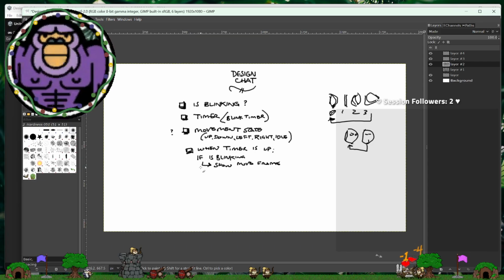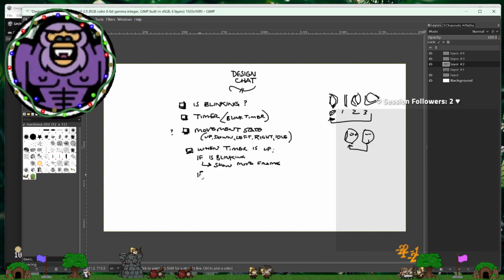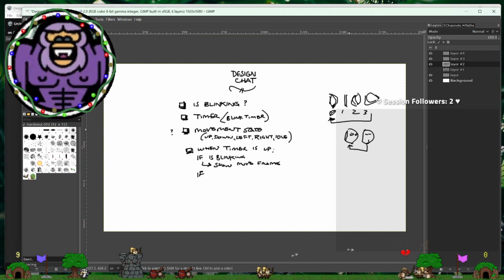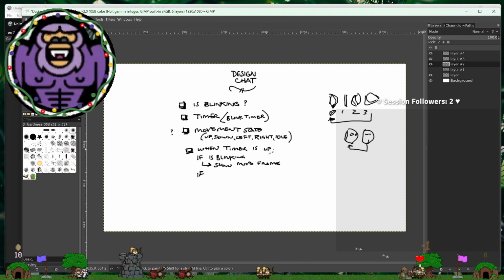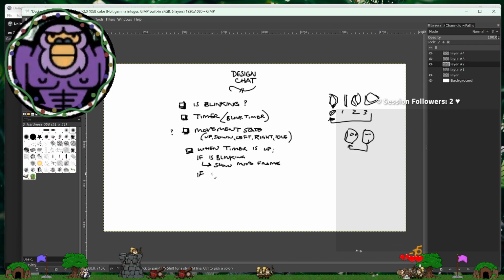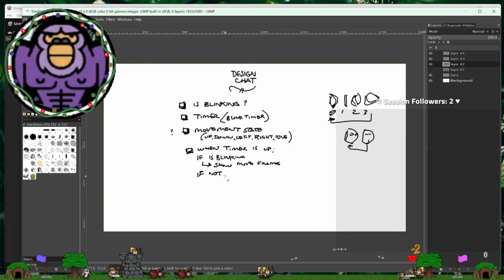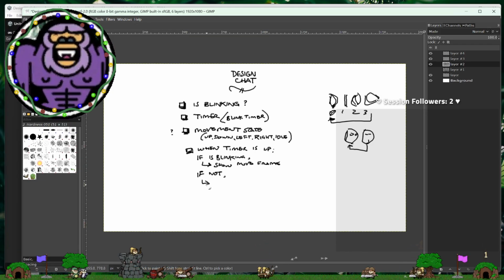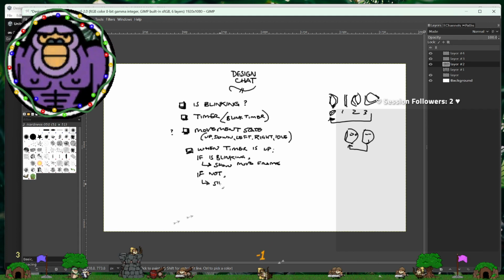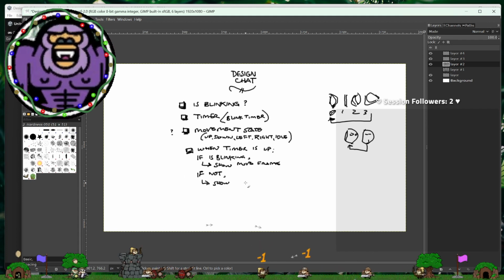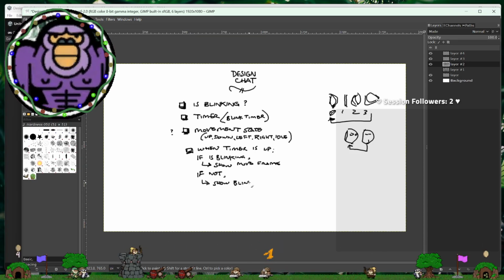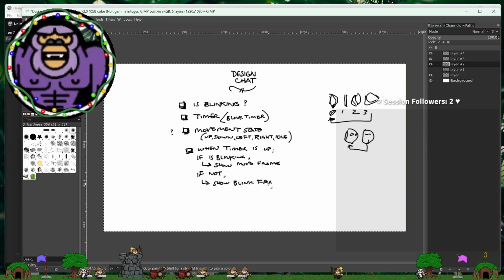Well, you see how grabbing this code from an earlier test and modifying it for what we need right now made a bunch of sense. And now we're here saying, oh, wait, it no longer makes as much sense. So we did say, let's just show the move frame if we are blinking, but if we're not blinking, let's show the blink frame. This is the rule set we have.